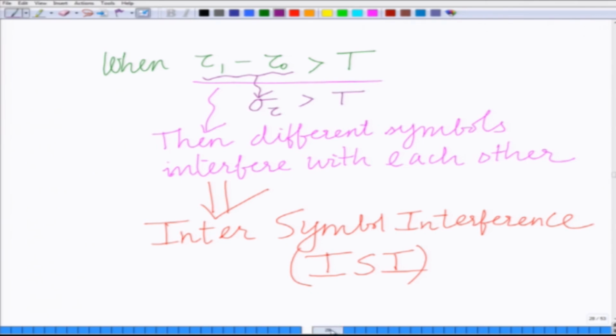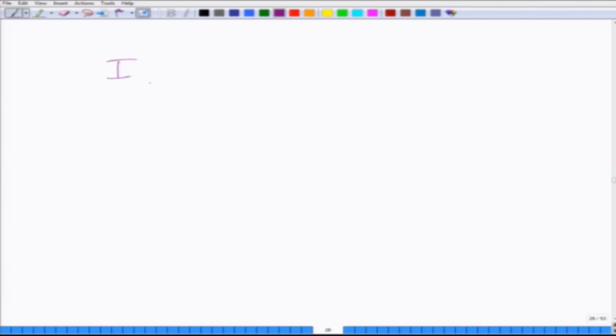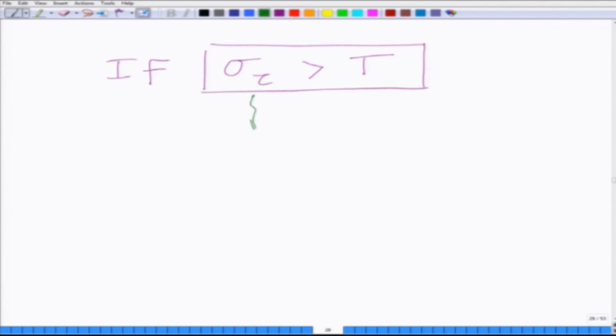So, the main impact of the delay spread in a digital communication based wireless communication system is the following. If the delay spread sigma tau is greater than T, that is the symbol time, what is happening? This is leading to ISI or inter-symbol interference, and ISI is bad because it results in distortion of the received signal. So, now we say ISI is undesirable